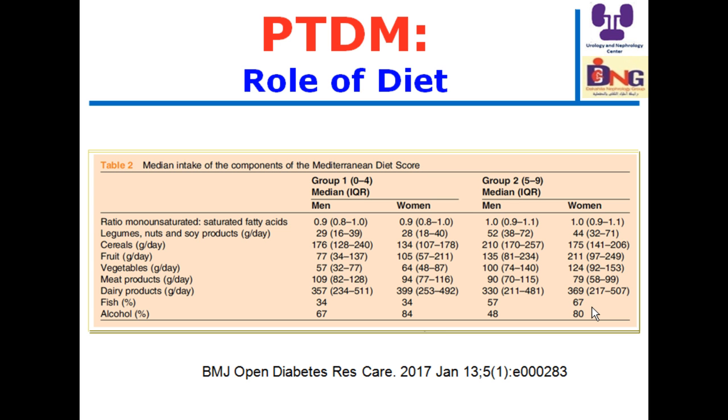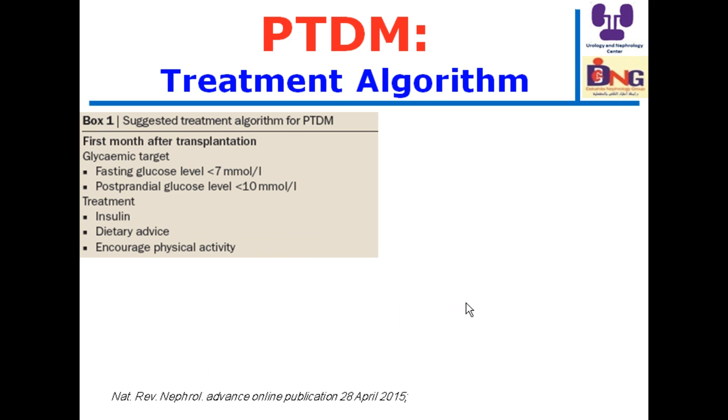Group 1 between 0 to 4 and group 2 between 5 to 9, and they were dichotomized, and this is the result for men and women according to the 9 components: ratio of unsaturated to saturated, legumes, nuts and soy products, cereals, fruit, vegetables, meat products, dairy products, fish, and alcohol. This is for men, and this is for women, 0 to 4 and 5 to 9. This is the diet. So the diet is important, and we should follow a healthy diet by using the best